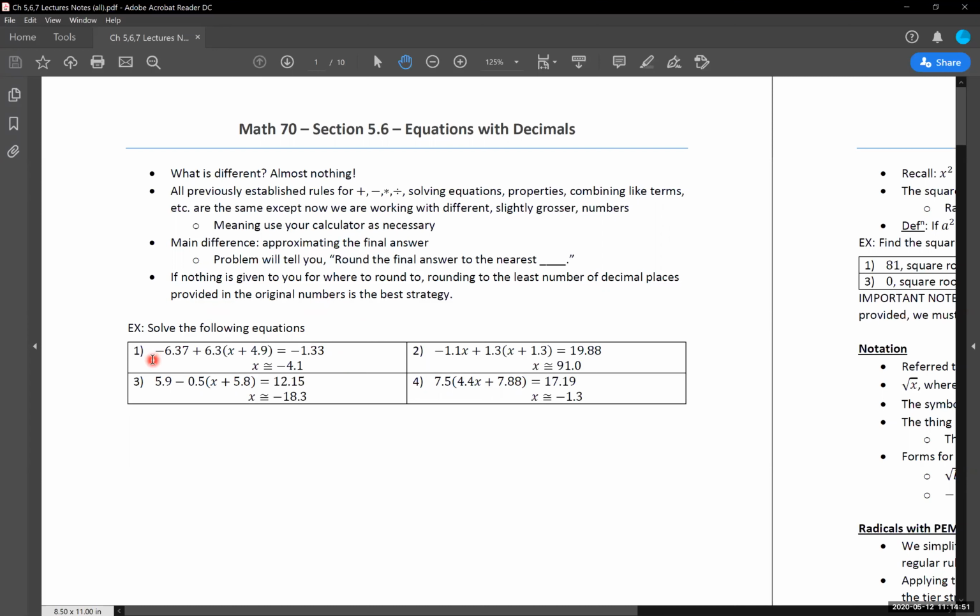Again, not a whole lot is changing. Basically nothing is except for our final answer, really. And again, as you're going through these, because we are going to have grosser numbers, you are more than welcome, and I highly encourage you, to use a calculator when you're adding, subtracting, multiplying these numbers together. Okay? So I'll jump us over to the whiteboard and we'll go through 1 or 2 of these examples that we have here.